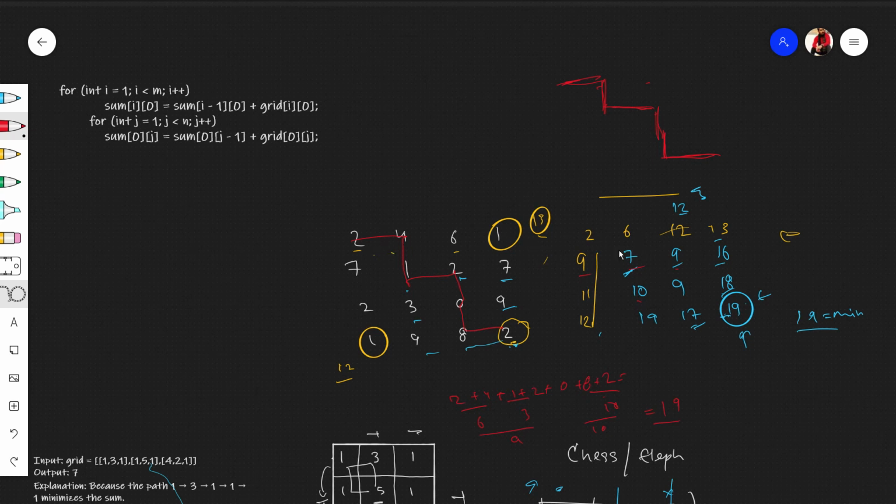For example, we were standing on 2 and we need to go to 4. So for going to 4, 2 was our value which we paid and we reached 4. So total sum will be 6. Which shows that 6 is the minimum amount which you need to pay to reach this value. Then we'll add the sum and the token of the next.